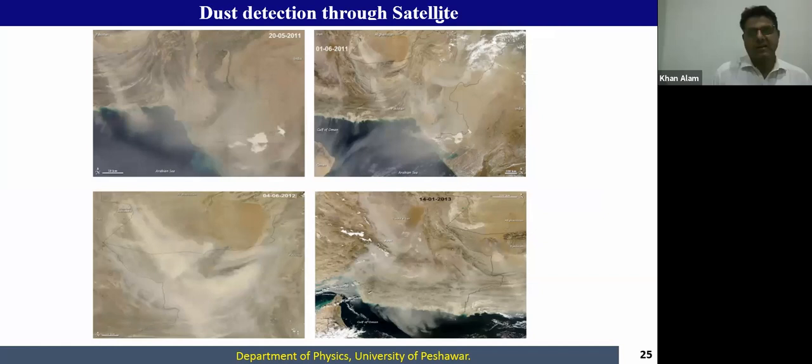You see that this dust occurs over the Arabian Sea in the southern region of Pakistan, and then this dust storm is easily transported thousands of kilometers from these regions towards Pakistan, and it covers the whole region. That reduces the air quality in the region, and it also affects the radiation budget, resulting in a warming effect in the tropospheric layer.